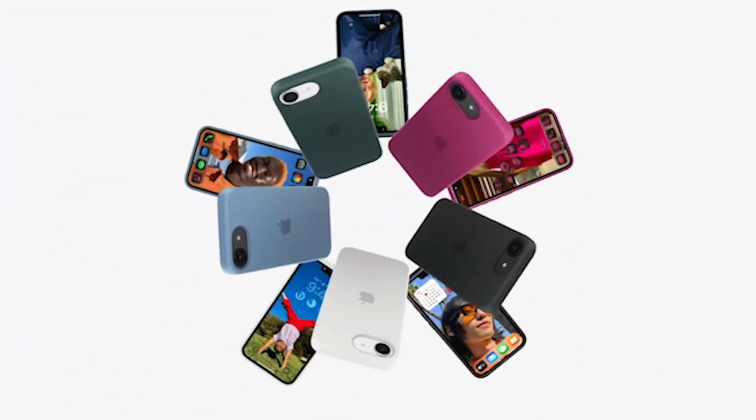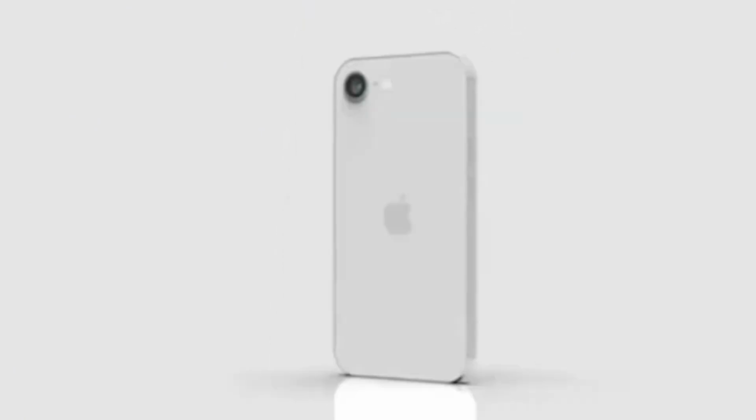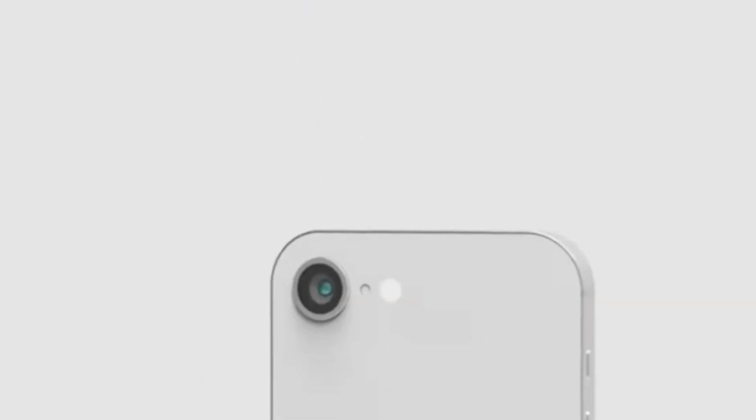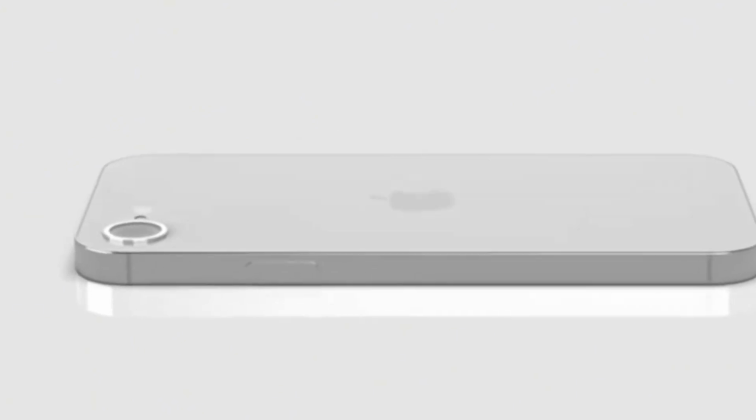On the front, Apple upgraded the selfie camera from 7 megapixels to 12 megapixels, making for sharper, more detailed selfies. And with 4K video recording, spatial audio, and TrueDepth autofocus, the iPhone 16e punches way above its weight class in